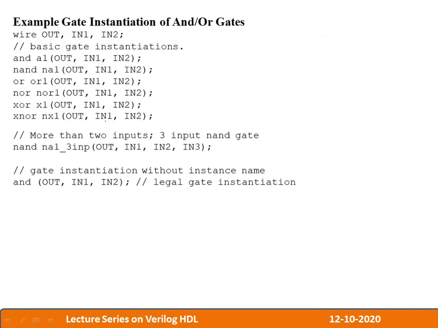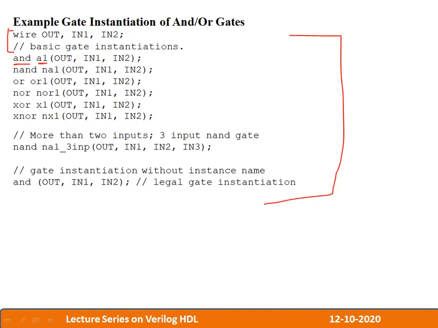Here is an example wherein, in a single program, all gates are instantiated. I'll run a program and then we'll figure out how exactly they are instantiated. Let us not worry about this particular statement; I'll show it in the program and simulate. Look here, when I say and, this is my AND gate, and this A1 is you instantiating this particular AND gate, and the terms present inside the parentheses represent the inputs and outputs.